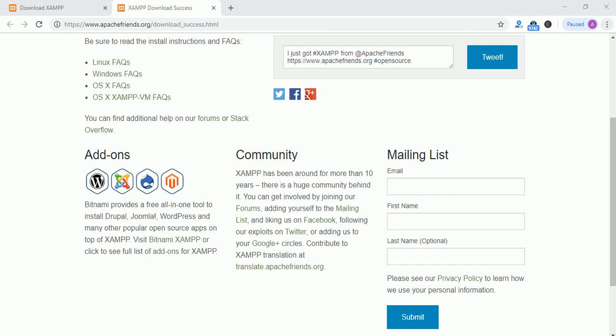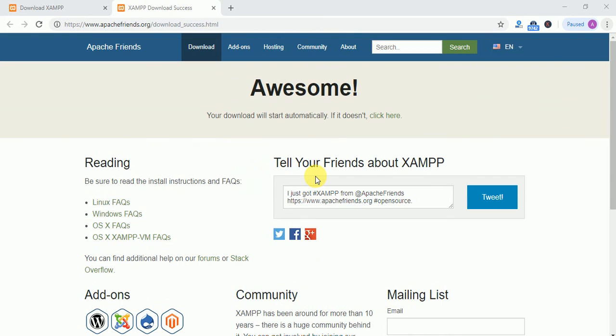My name is Nick. Today I'm gonna show you how you can install Xampp in your Windows 10 computer. So let's start. First of all, we just need to do one thing. We just have to visit google.com and in the search box type www.apachefriend.org. As you can see right now, I'm on the website, and here is an option